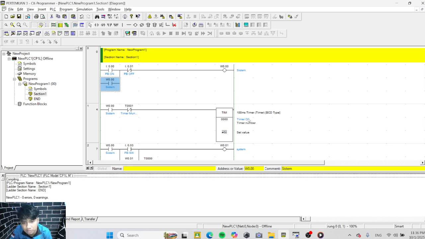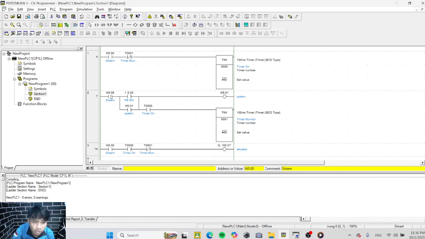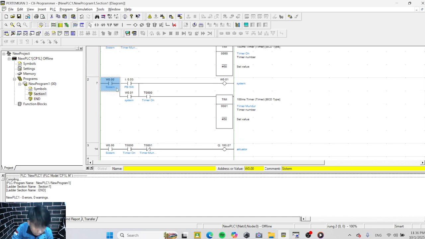This is the timer. Click new PLC, create, add now, create TIM 0000 and hashtag 50, with the comment timer on. Okay, the next slide.